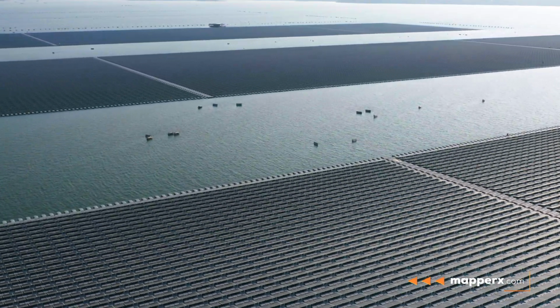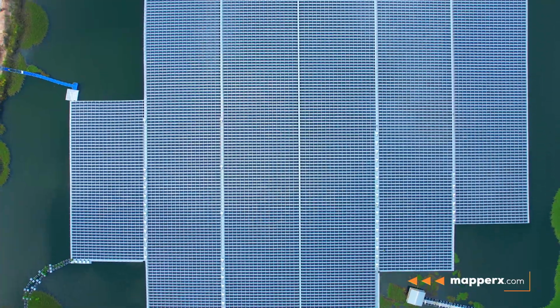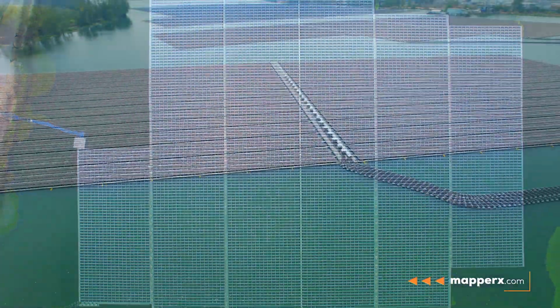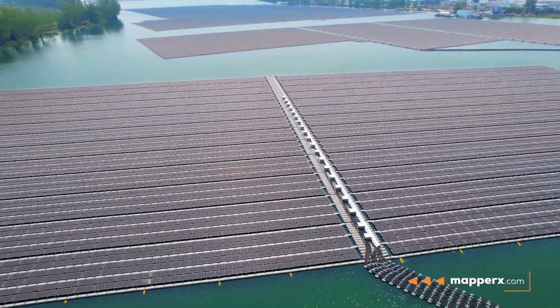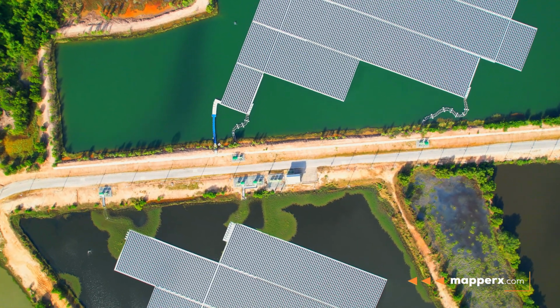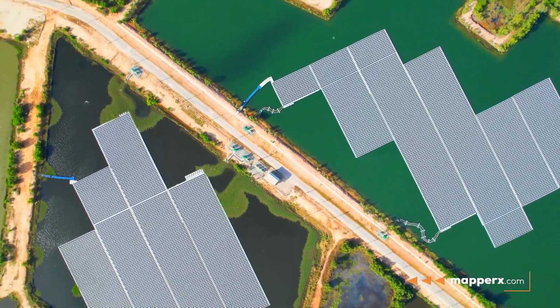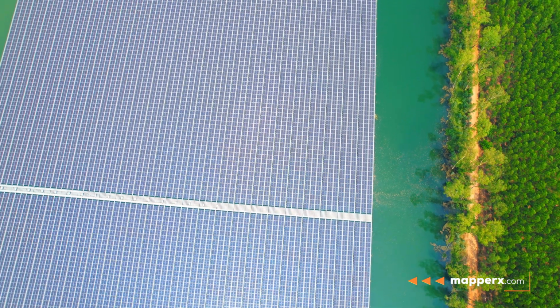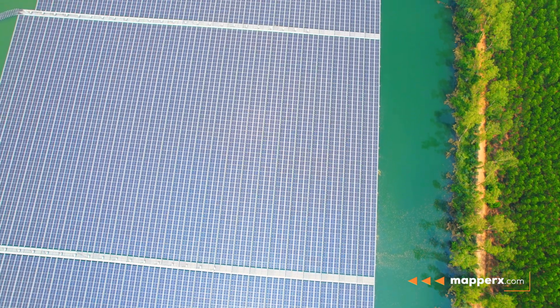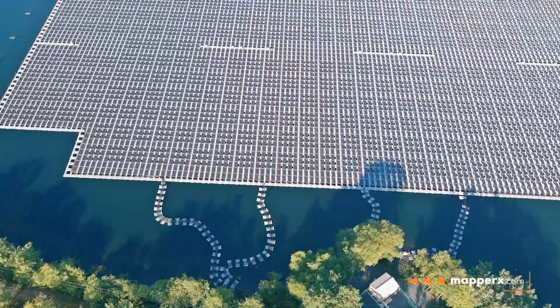documents inspection results comprehensively. Mapperx analyzes data obtained from thermographic inspections using a thermal camera in floating solar power plants and creates reports. These reports are essential for detecting possible malfunctions and increasing energy efficiency. Mapperx software records thermographic inspection data regularly to make the plant's operation and maintenance activities more efficient, reducing costs, and